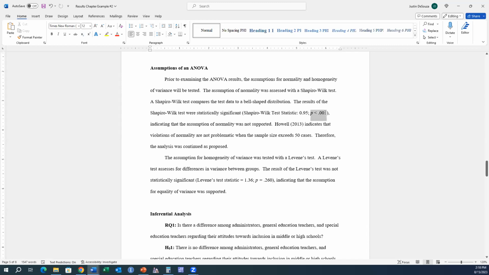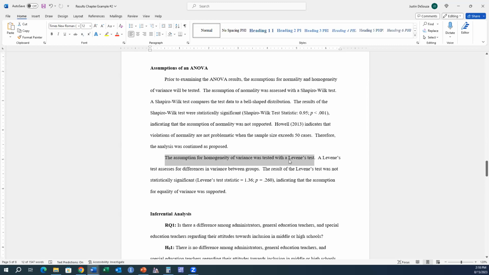So significance means that the assumption is not supported in this case. So then you can provide a justification. In this case, if the sample size is sufficiently large, you can still proceed with the analysis because this is using the central limit theorem, in that the larger your sample size is, the more it tends to approximate towards normality. And then we have our second assumption, which is homogeneity of variance, which in this case was tested